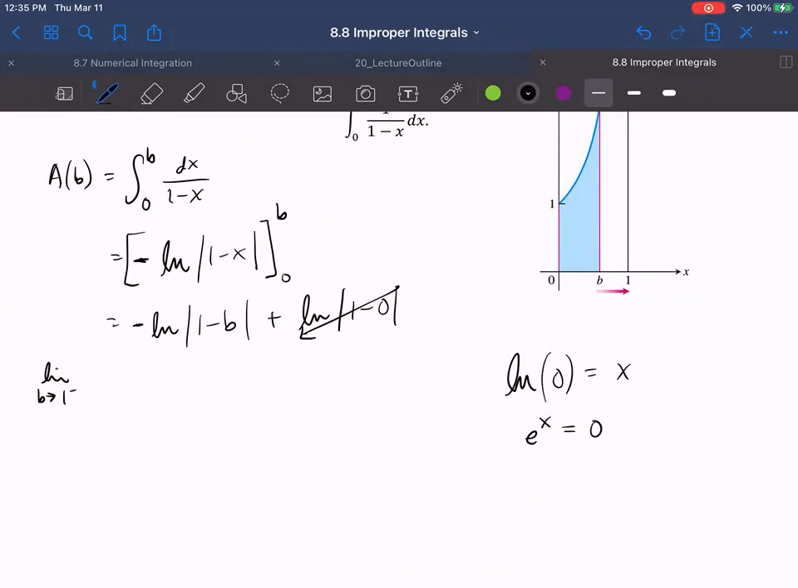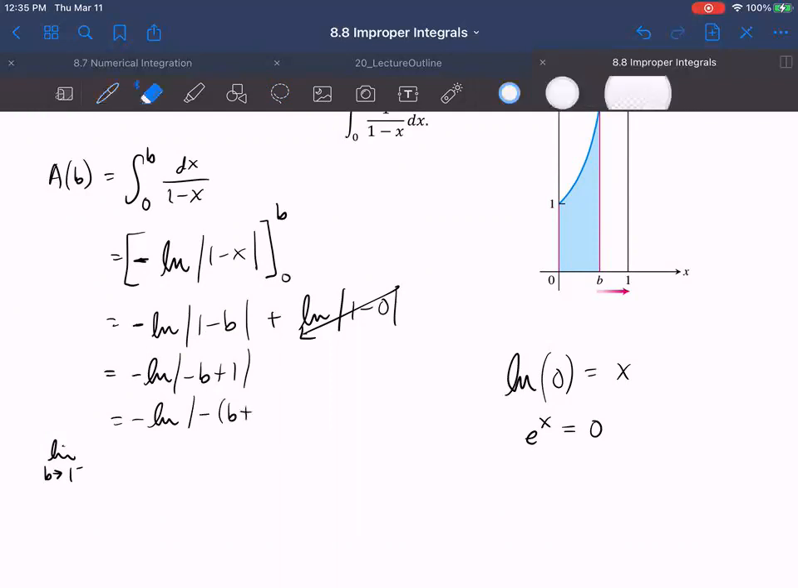So maybe I could write this out a little more. Let's see if we can make this. This is what I did before to explain. We can make this negative natural log of negative b plus 1. And then that can be negative natural log of negative b plus b minus 1, sorry. And so we're still going back to it. I'm not sure if that helps see it at all or not, but anyway, this thing, when we take our